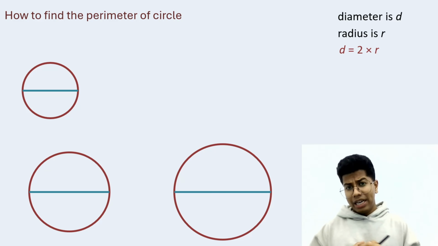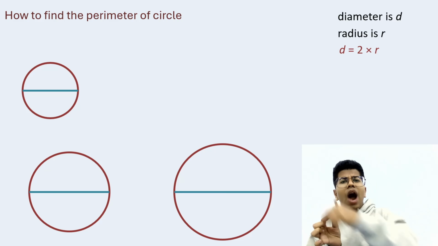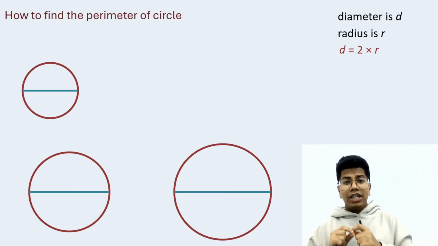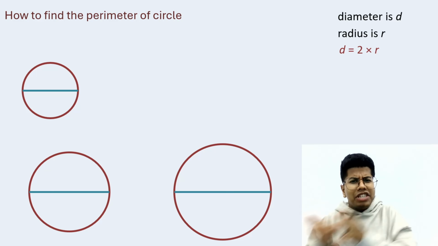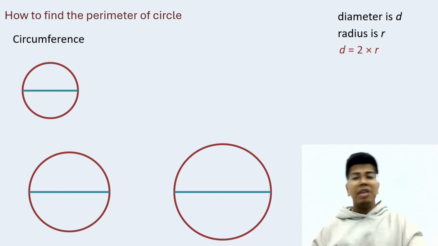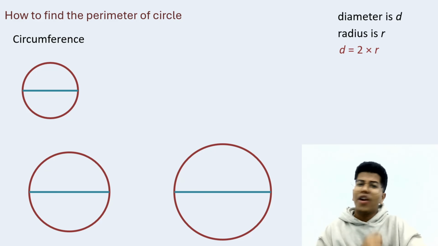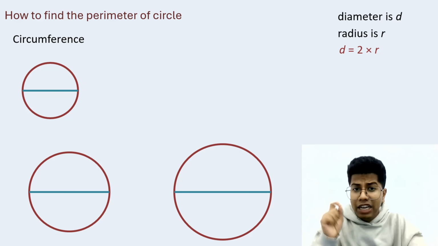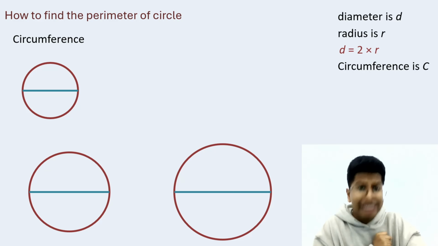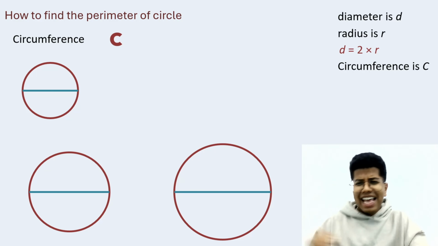So the first thing we need to understand is the relation between them. A round shape, that is the perimeter. To distinguish between straight lines and the round shape, they have given a specific name to it. And the name is circumference. The circumference is nothing but the perimeter of the circle. And let's say if I denote circumference by C, the relation between circumference and the diameter is,